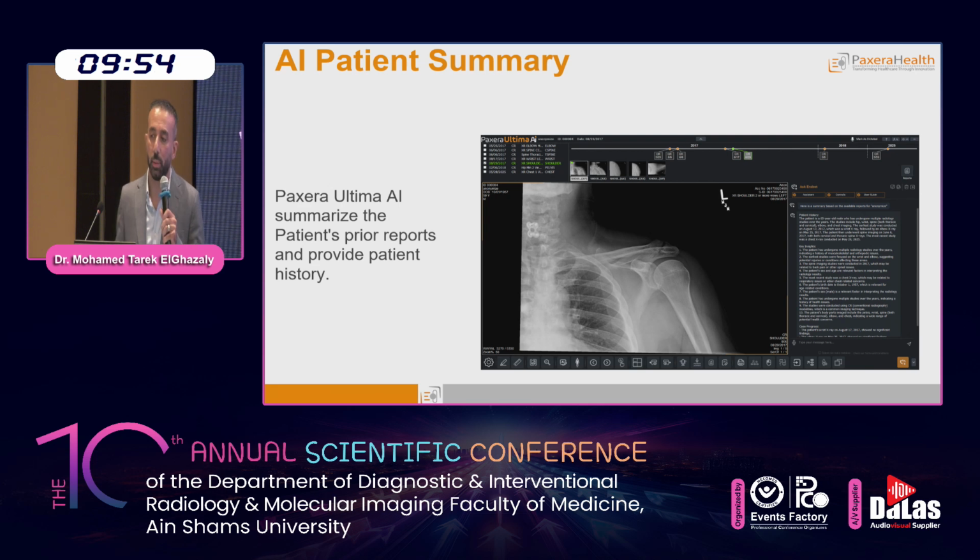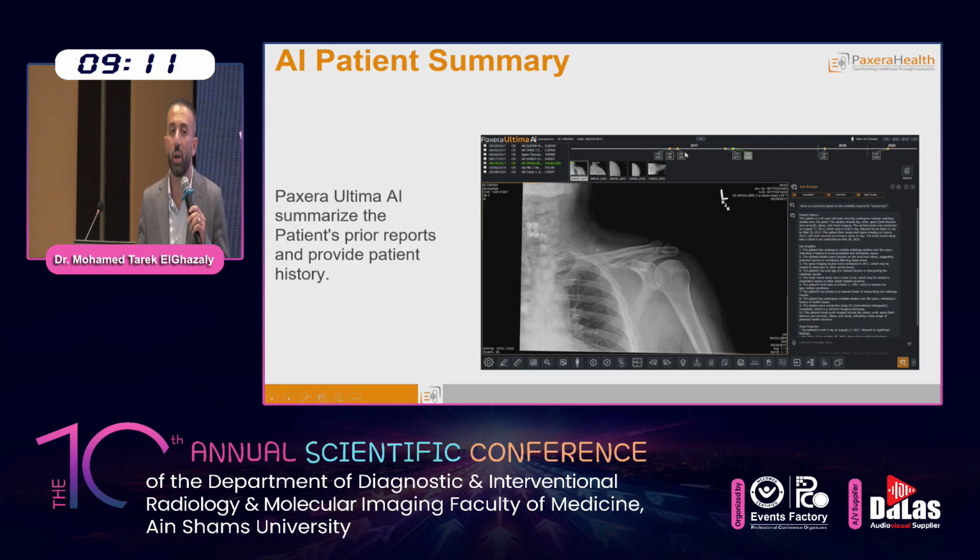Third part is the patient summary. Let's take a very important point. If I have a patient coming to me with 4 or 5 prior reports, I take time to read these reports and summarize them, then I will start my diagnosis. But here, by one click, or even if you make it an automated feature, the AI will read all the prior reports that the patient has in the patient timeline. As you see here, we have 2017, 2018, and 2025. All of these years contain all the series that this patient has performed before.